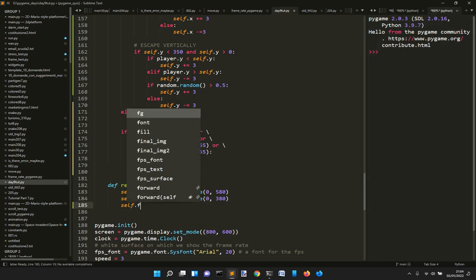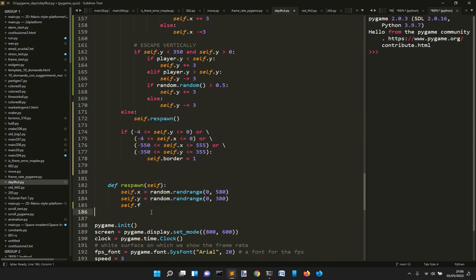I've got to make here the self respawn. Got to bring back the border to 0, because otherwise